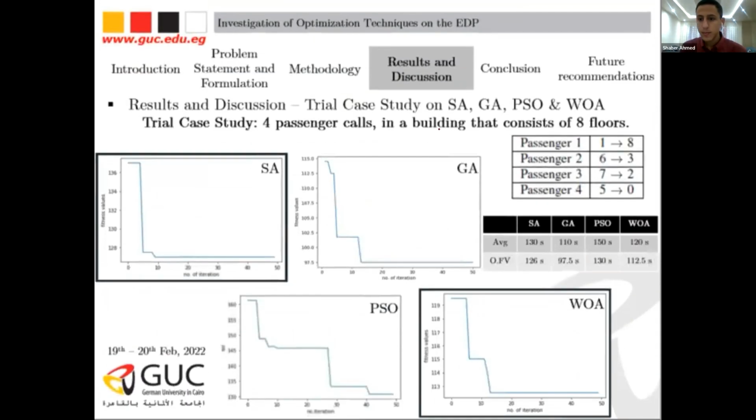As for the results, we started this research with trial cases. They were implemented on all four algorithms, where we established 4 passengers and 8 floors. The reason we established a trial case is to compare the results between the trial case and the case study of the research itself, and see how the results of the parameters would differ with a smaller case. As for simulated annealing, the genetic algorithm, PSO, and the whale algorithm, we can see